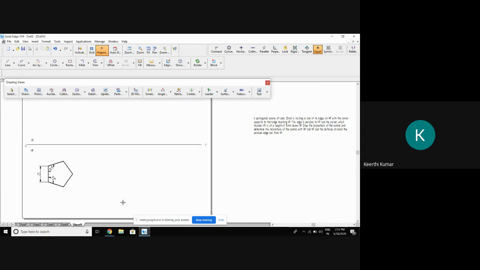Okay. Pentagon is done. Now you go for the naming. This is A, B, C, D, E. Whatever the given condition, I will repeat again, I'll satisfy it towards the left side. It is resting on one of its edges, so this is called the edge. That edge should come towards the left side. That is done. Then you take the projection line from point A, from point B, and from point C.